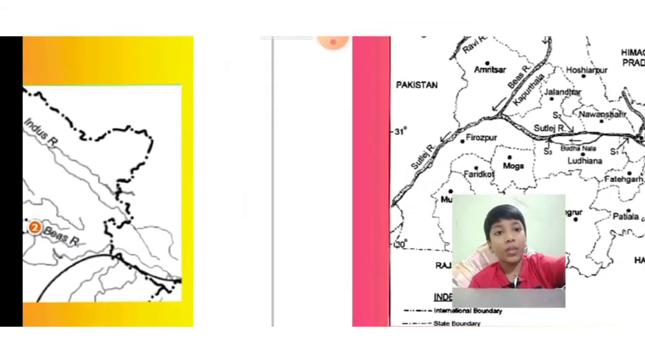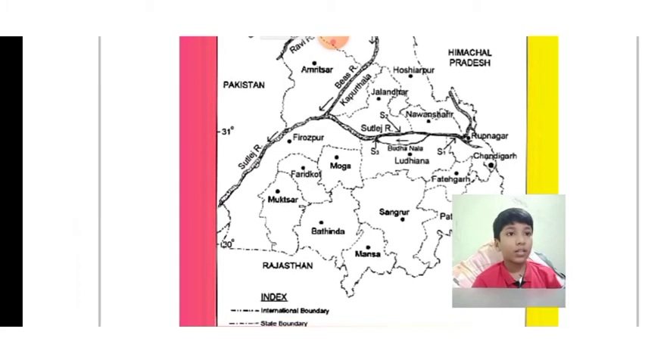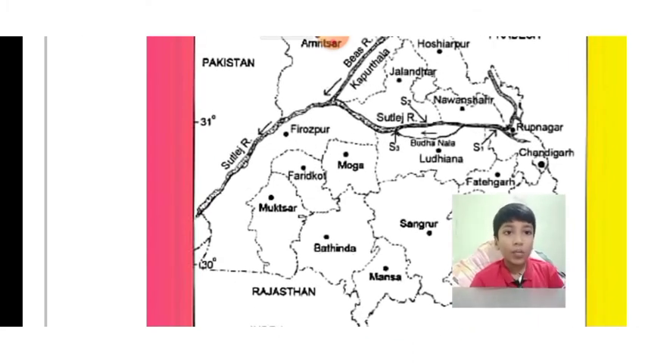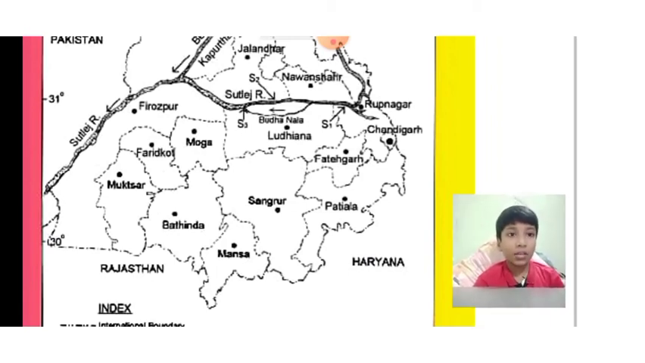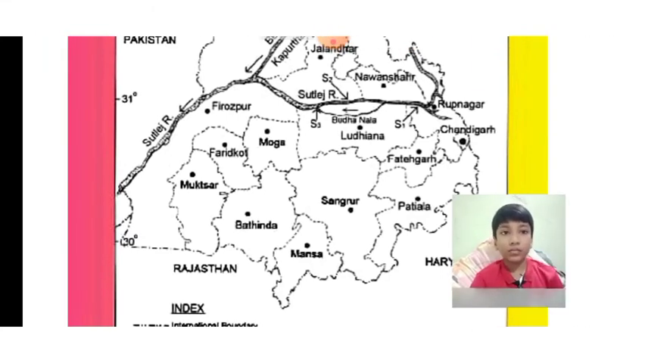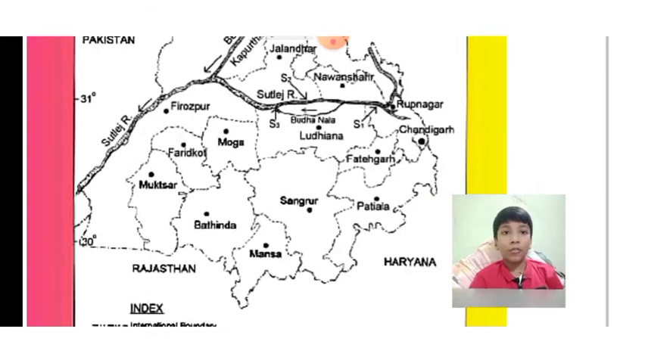Now we will see some important cities located in river Indus. See, I will show: Bathinda, Muktsar, Manasa, Sangrur, Patiala, Fatehgarh, Chandigarh, Rupnagar, Ludhiana, Budhlada, Moga, Faridkot, Firozpur,